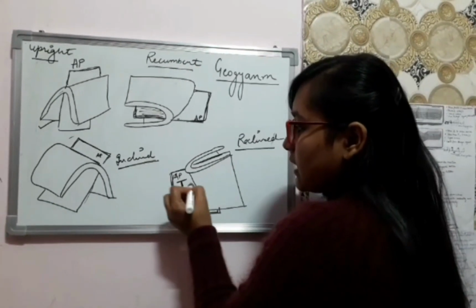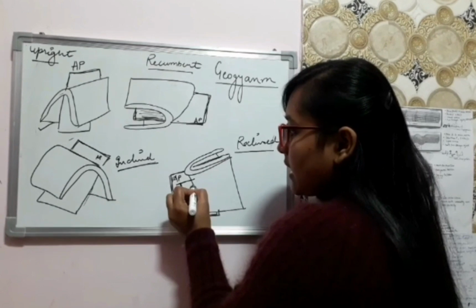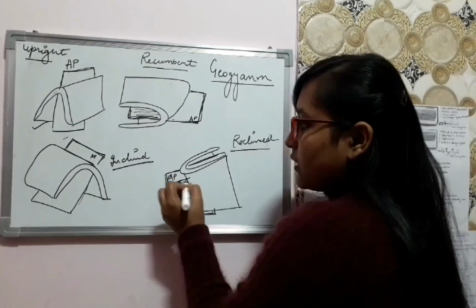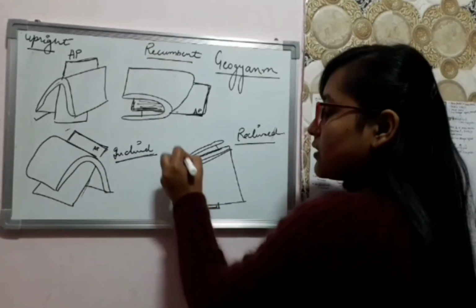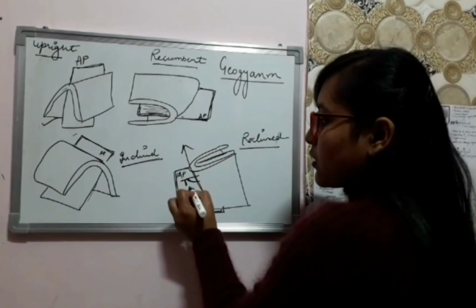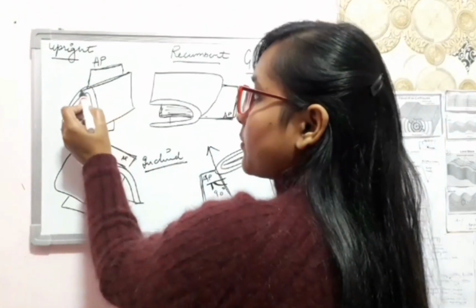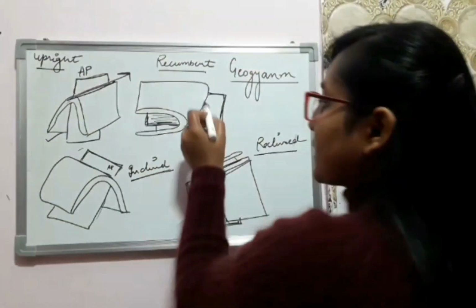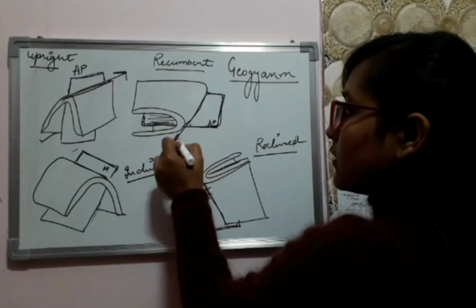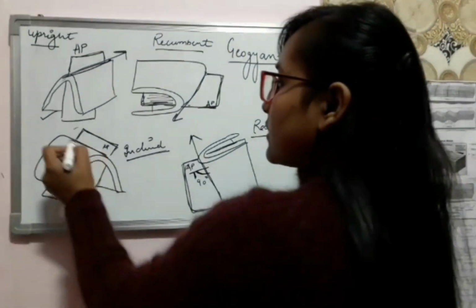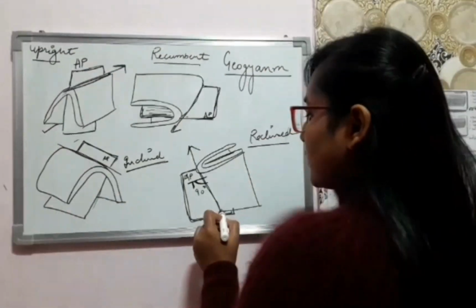So you can see that it is at high angle with the fold axis. So this is your fold axis. This is approximately 90 degree. What is the fold axis? This point will be the fold axis. Fold axis for this fold is this one. For this is this one. And this is the.